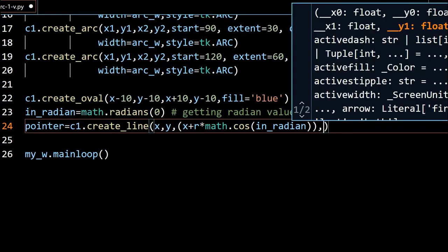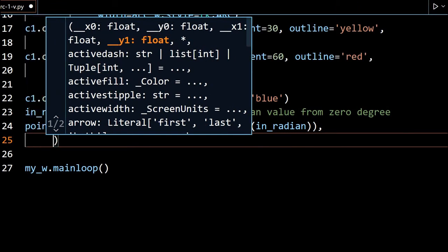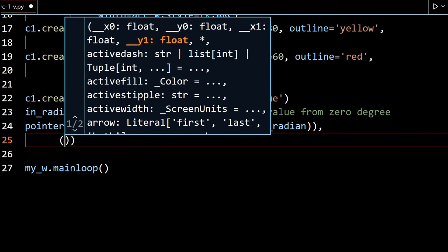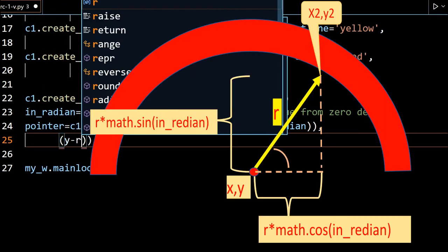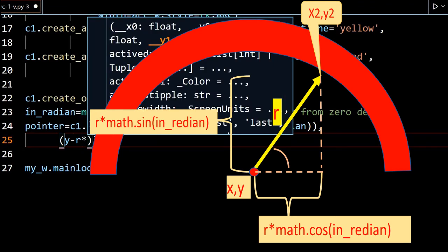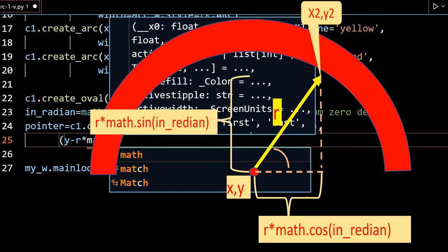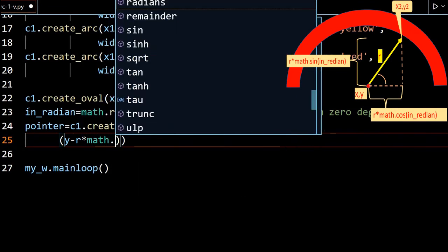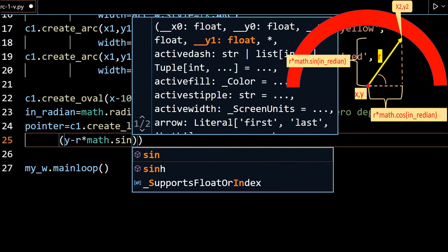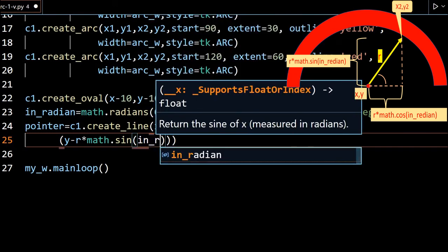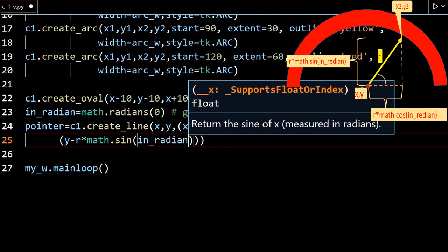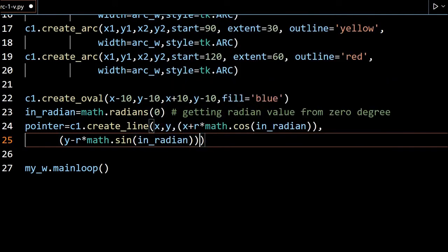Fine. Now the next line. Here I am starting again, y minus r multiplied by math module, which I have imported at the top at line number 2, I think, sine, now in radian. Fine, up to this.